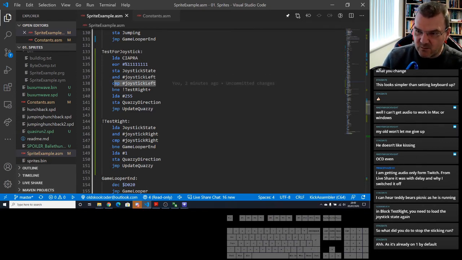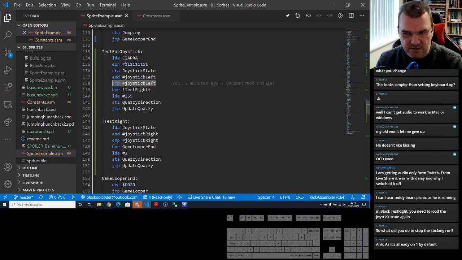Then we're testing it with 4, and because with a compare, if they're equal, it sets the 0 flag. Then you can do the branch if not equal, branch if equal scenario. And that's how I stopped him from legging it all the time.